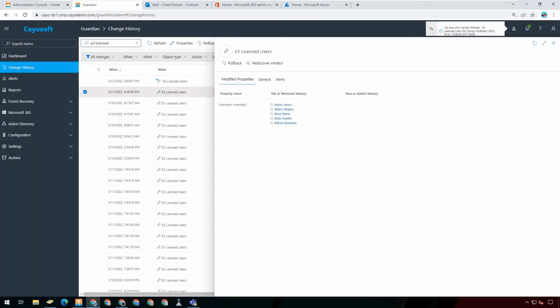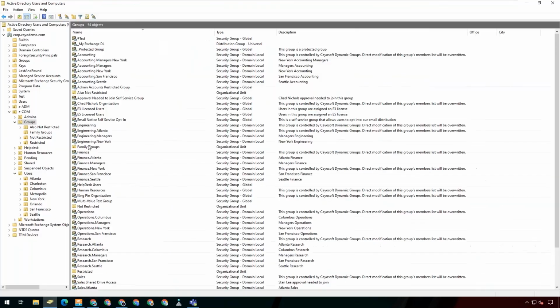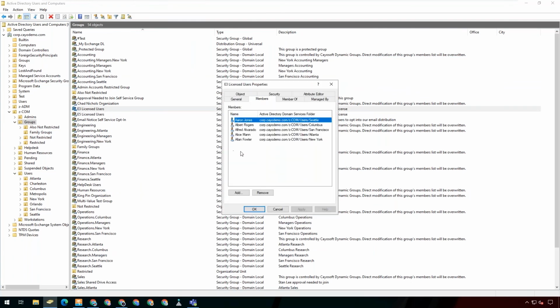So with our product, all they had to do was go back to the original change and do the rollback action, which is basically going to undo the change that occurred. And then if I go back and look at my group, now I can see all the members have been restored. Traditional tools, not much help here.